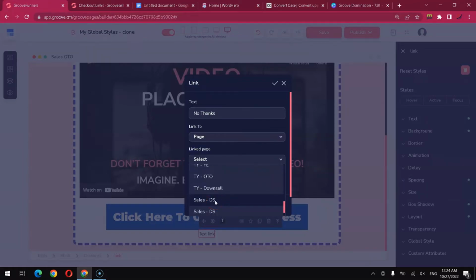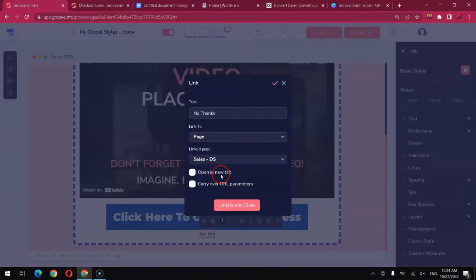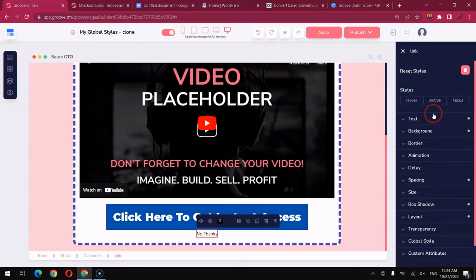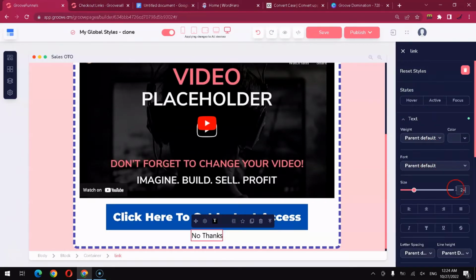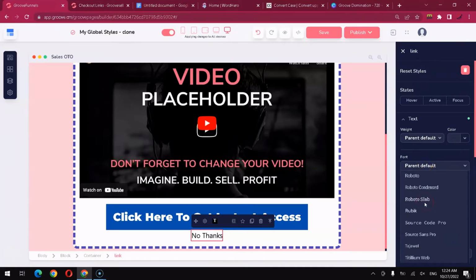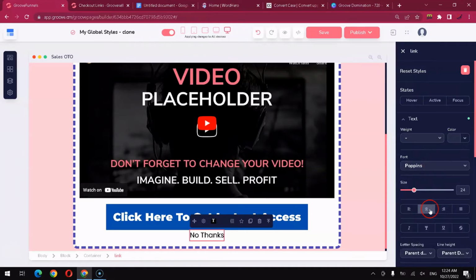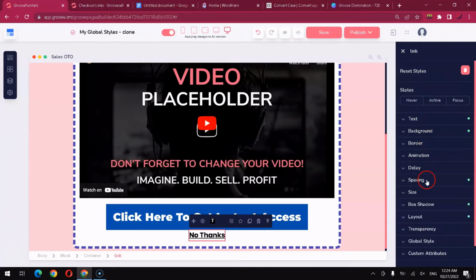I think this is the right one, so I will select it and update and close. Okay, I want to make the link 24 pixels and make the font Poppins and underlined, like so, and the font weight semi-bold. Okay, then you want to go to the spacing, and you want to have a little bit of spacing, so